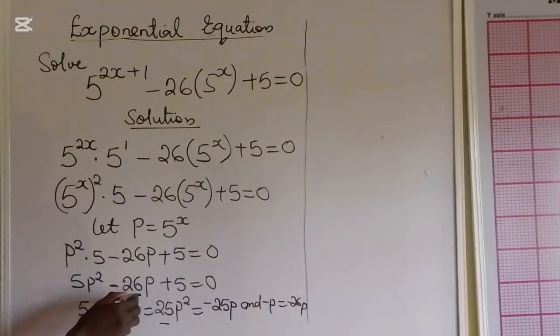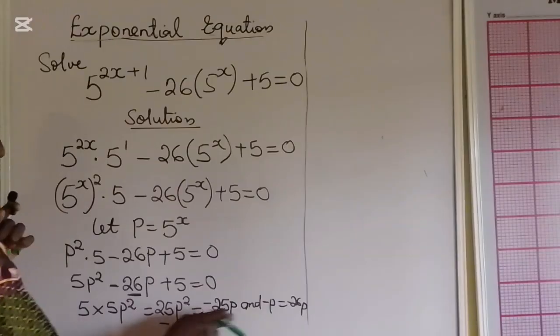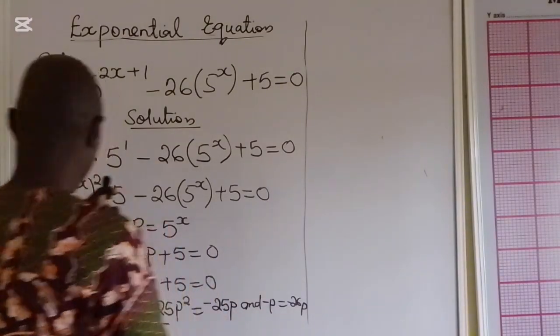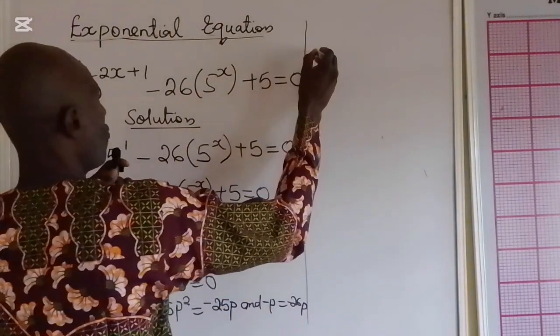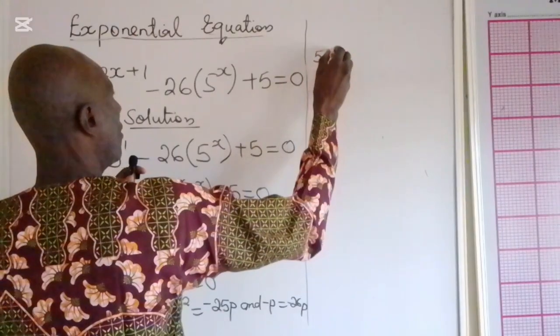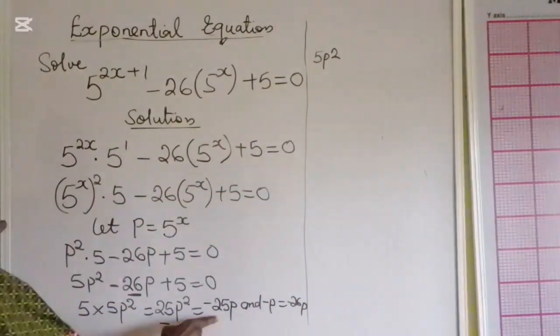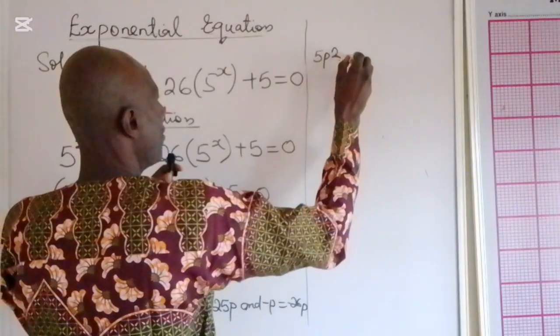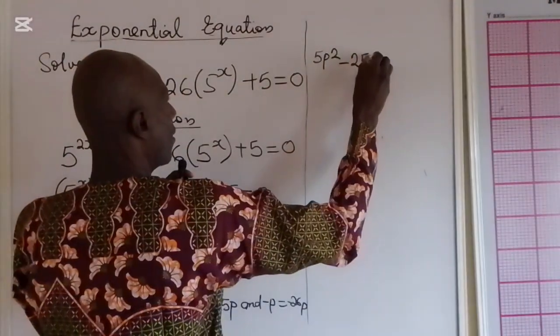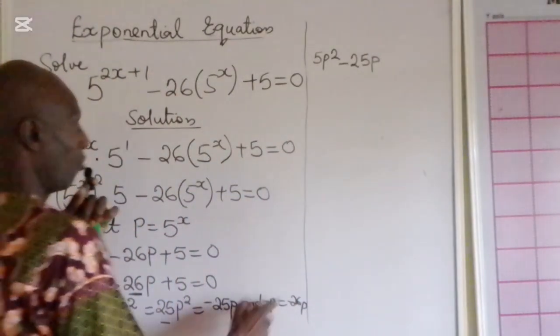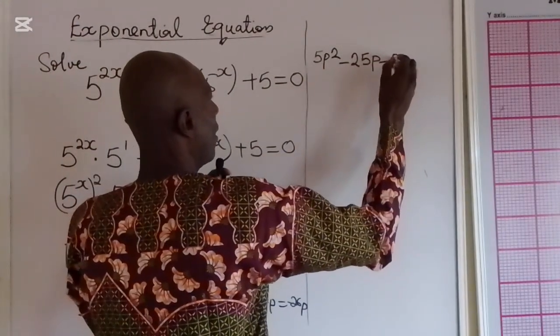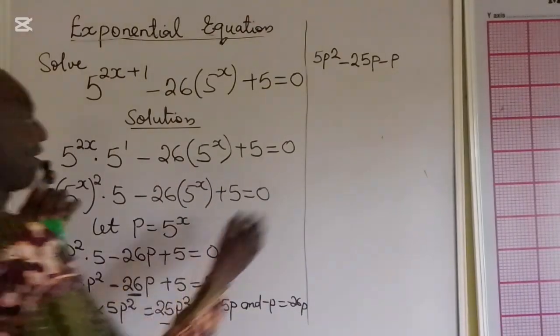I have gotten this. So, in place of this, I'll be putting these two values. So now write 5p squared minus 25p minus 1p plus 5